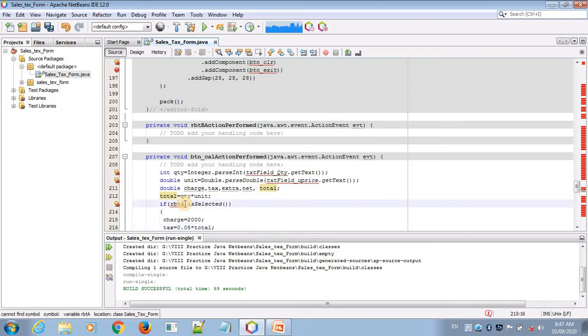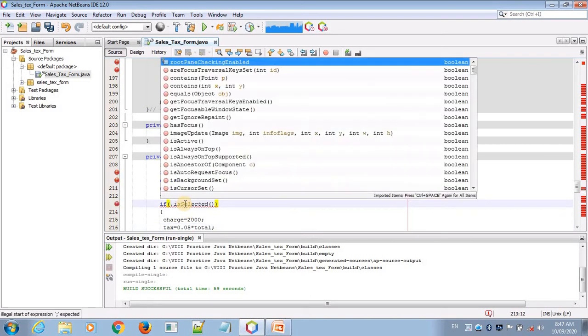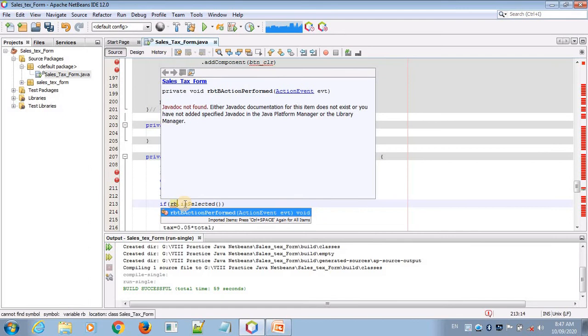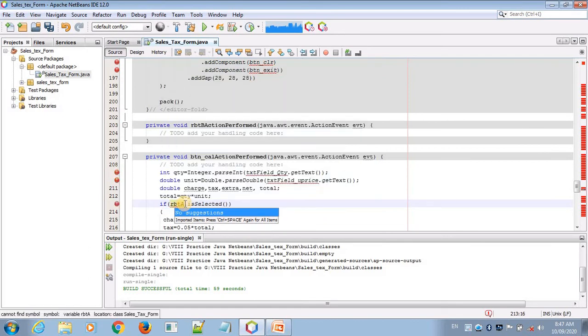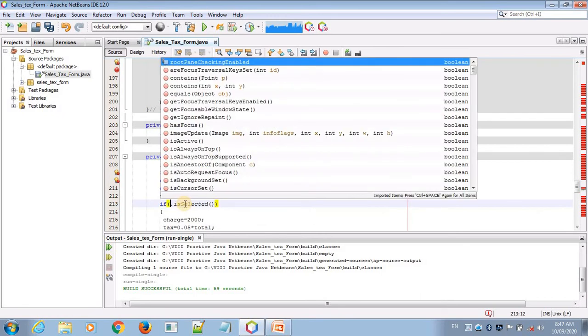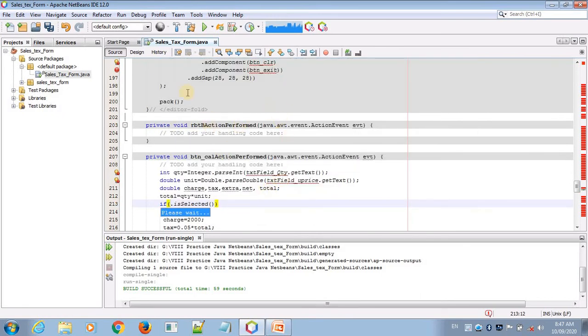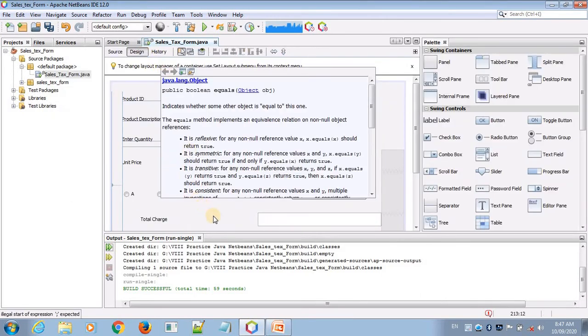Wait, I will check where the problem is going on. RBTA is not given.